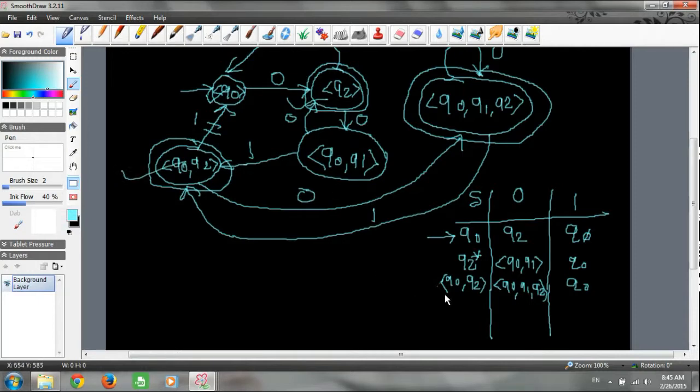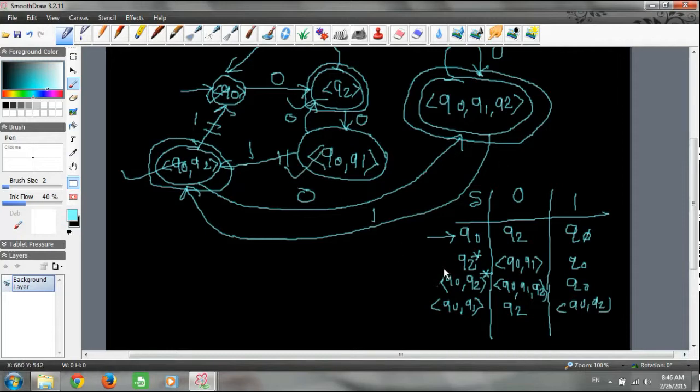Now write Q0, Q1. Again remember to make this a final state. Okay, Q0, Q1. If you take 0, it's going to Q2. Q0, Q1, if you give 1, it is going to Q0, Q2. So this is also completed.